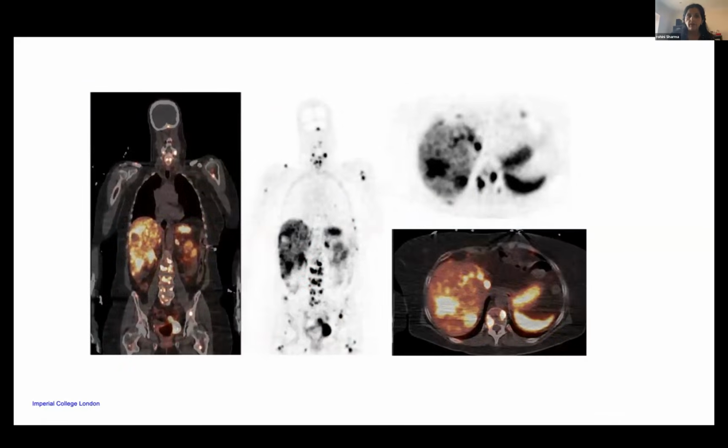This is a picture of a patient who has had a gallium dotatate scan, which I'm sure Dr. Naik is already showing you. All the bright spots are essentially where the cancer is. This is the PET-CT scan, and this is the uptake scan. On the uptake scan, the black lesions are cancer deposits, and on the PET-CT, the bright spots are the cancer deposits. So this person has the receptor, and they are therefore suitable to have peptide receptor radiotherapy.